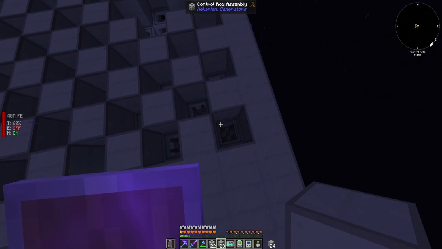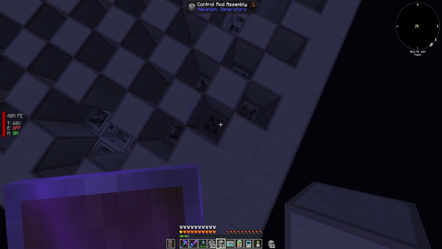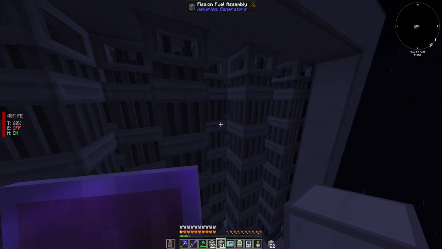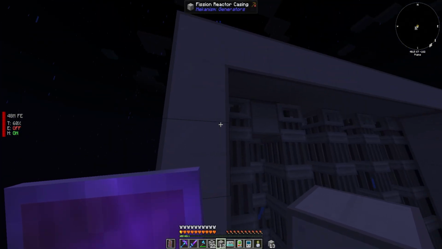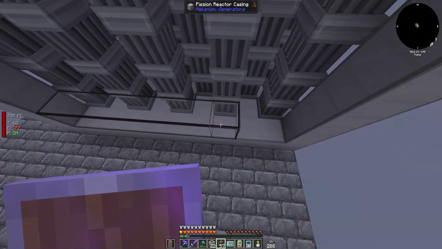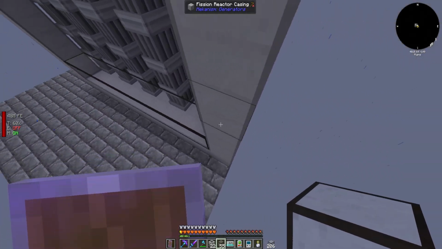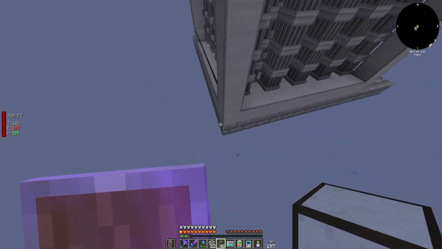I'm just doing a last double check, looking down, making sure I'm seeing those control rods. Something clicked that shouldn't have clicked someplace, it sounded like. We'll find out. You hear it again? Did it again. Yeah, right there it is. All right, last thing I want to do is fill this all the way around. And that should give us what we need here.